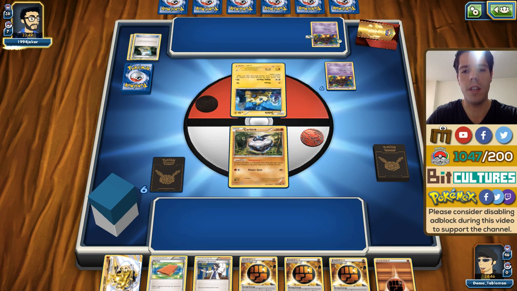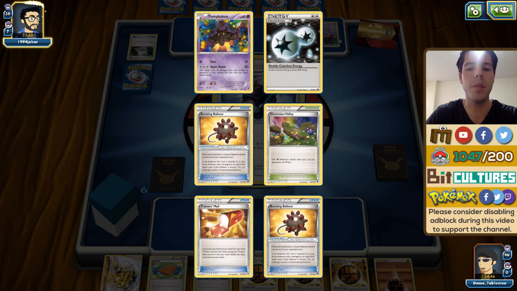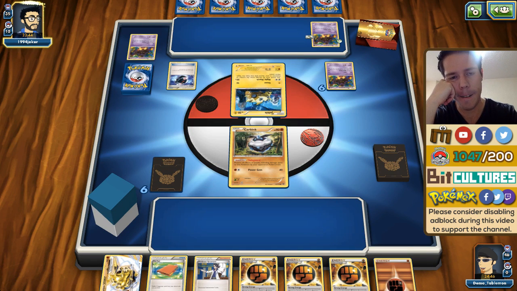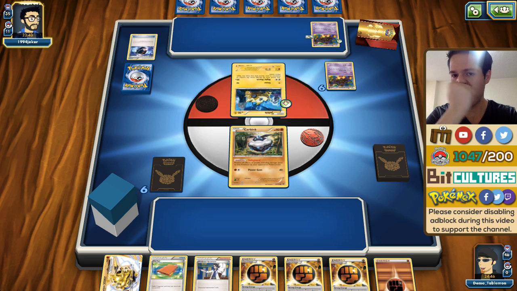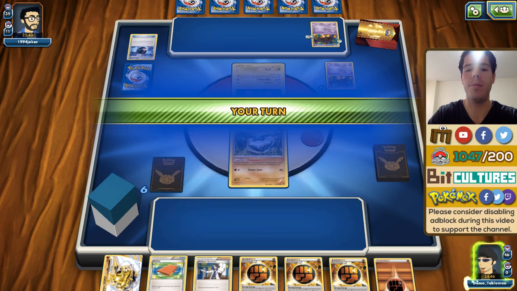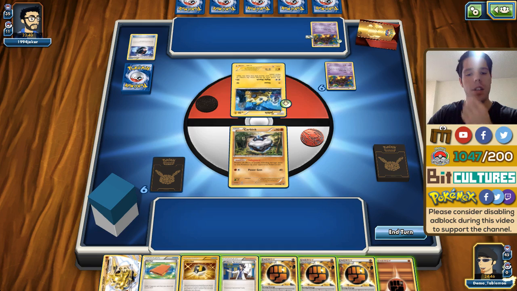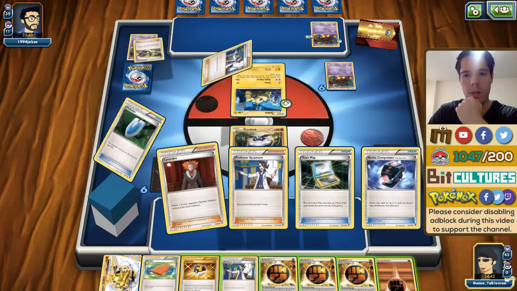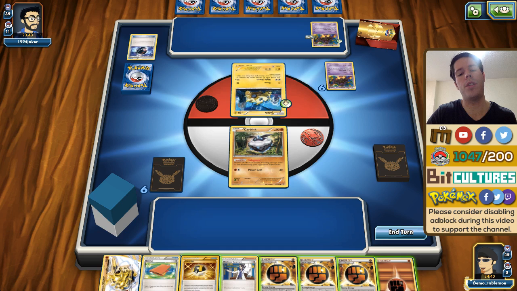Now let's see if we can learn something else from his prizes. Bursting Balloon, really interesting to see that. If not for Fighting Fury Belt, Bursting Balloon could definitely be a really nice deck for mirror matches. Okay, so we get an Ultra Ball. Now, he doesn't have enough Night Marchers yet,